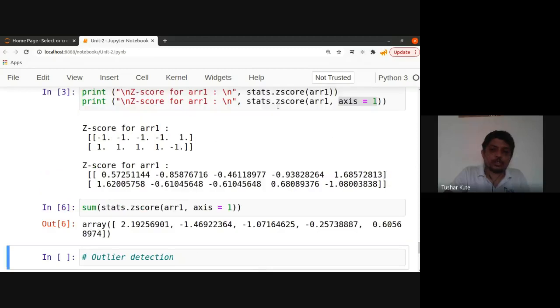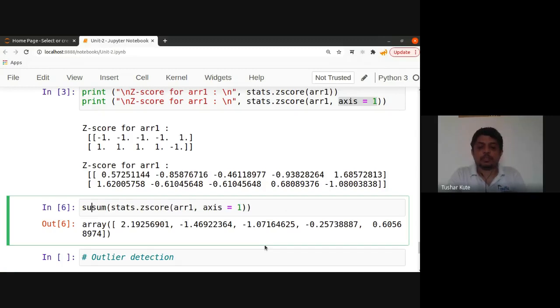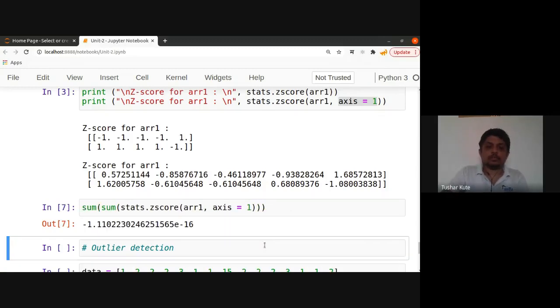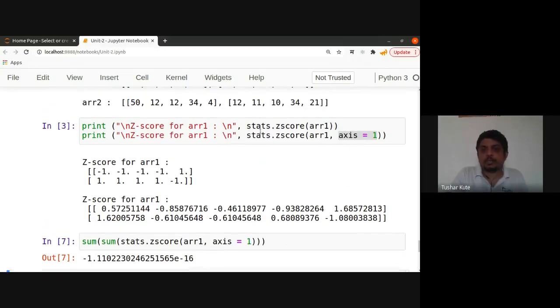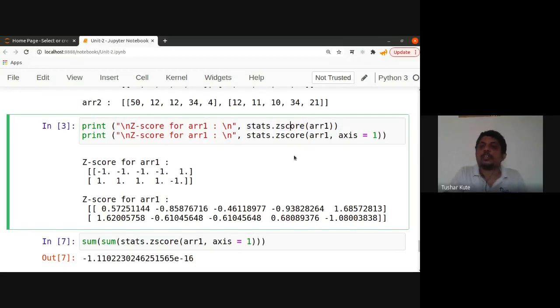So here we are performing operations on whole data, and these operations are performed respectively on the columns here. You can just add them up. These two are added, these two are added, like they are added together. Fine. So we got this array, and if I do the summation of this now, see, a very small number I got, -1.1 times 10 raised to -16. It is almost equal to the mean, that is center. Center is 0 basically is considered. This method stats.zscore is to calculate the z-score, and based on that we can identify the values.